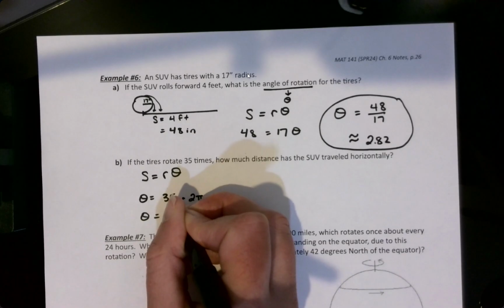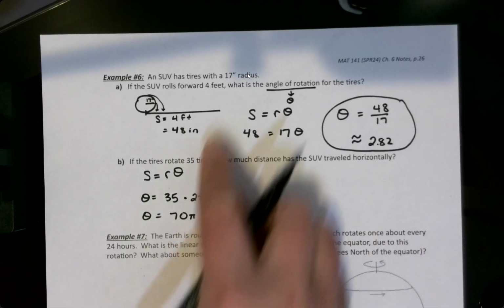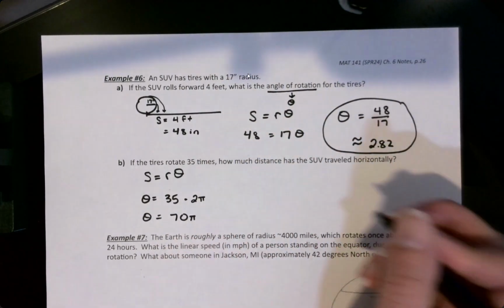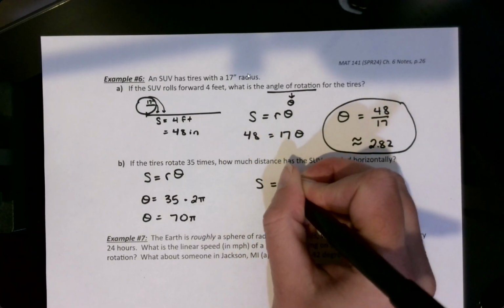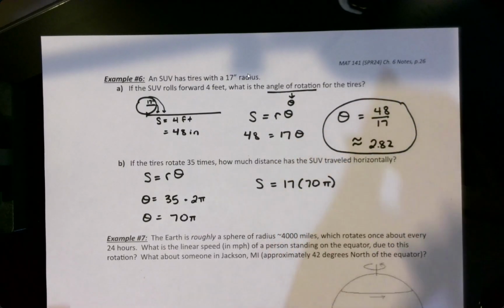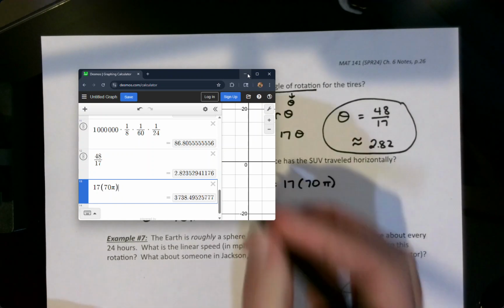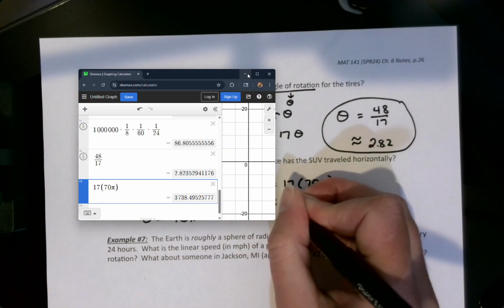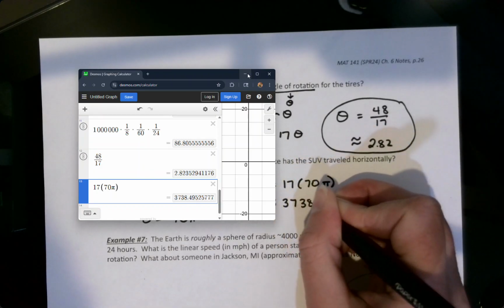So that's going to be a measure of 70 pi for the angle. And the radius is still 17 inches. So the distance traveled, the arc length here, is going to be 17 inches times 70 pi in radians. 17 times 70 pi is going to come out as 3,738.5